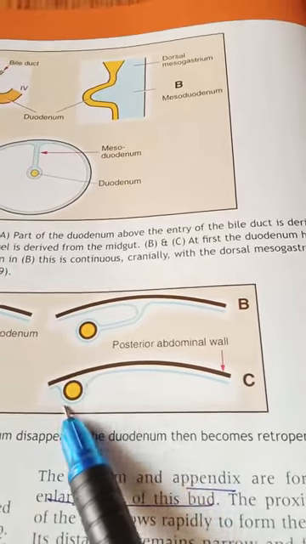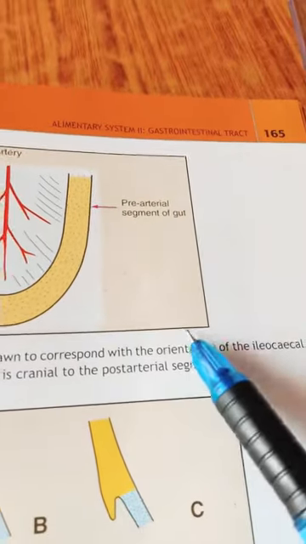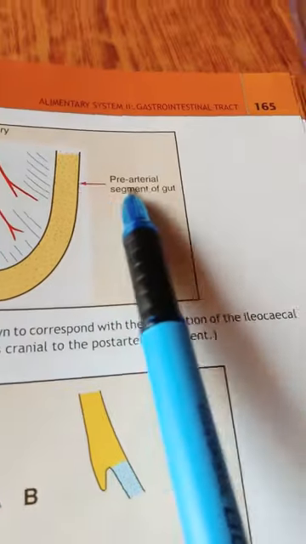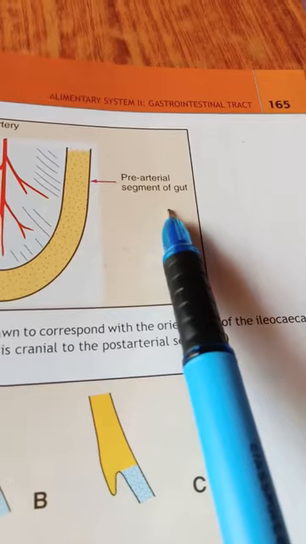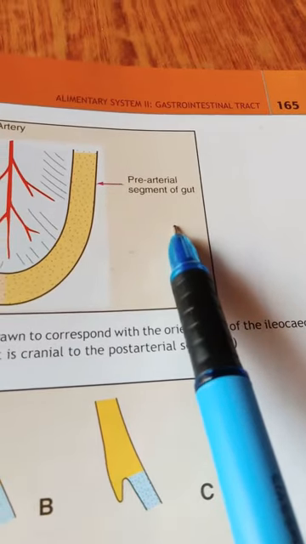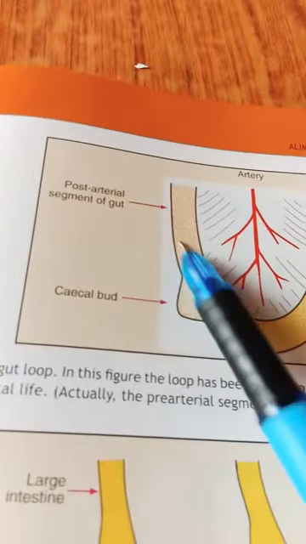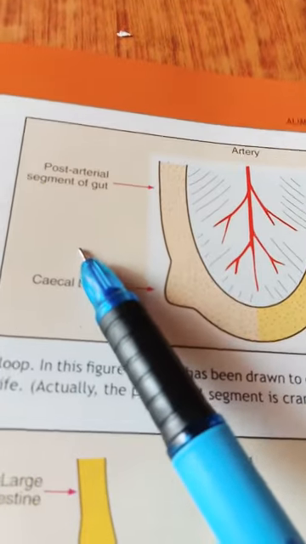So it is called a retroperitoneal organ. The jejunum and ileum are from the pre-arterial segment of the midgut loop. If you remember, the midgut has a pre-arterial and a post-arterial loop. From the pre-arterial loop, mainly our jejunum and ileum form, and the terminal ileum is from the post-arterial segment. This is important: only the terminal part of the ileum is from the post-arterial segment of the gut, and